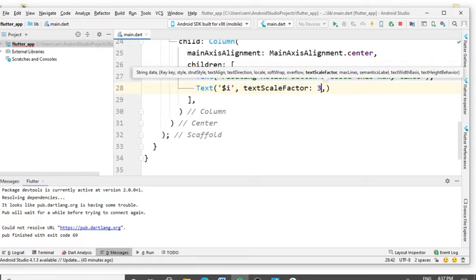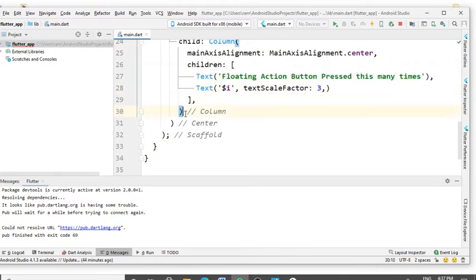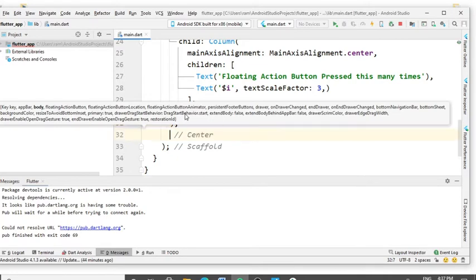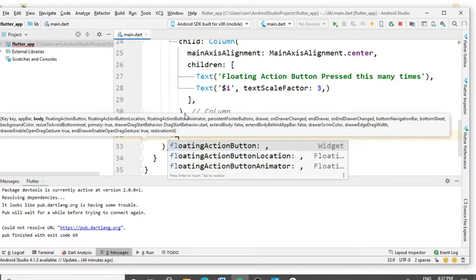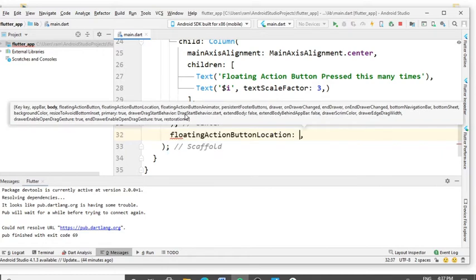Now I set the location of the floating action button. Give the comma here and give the comma here also. Press enter and type floatingActionButtonLocation. Again type FloatingActionButtonLocation and set the location.